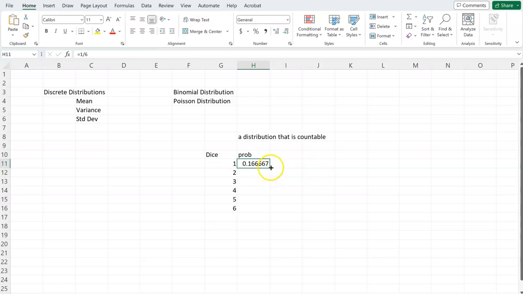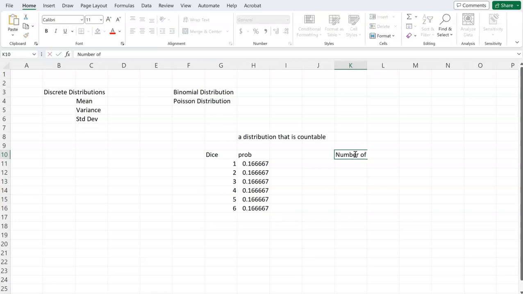So if it's always going to be 1/6, that means that the probability of getting a 4 is going to be 0.16. The probability of getting a 2 is 0.16. Now, there can be cases where it may be a little different. So let's say we may have,